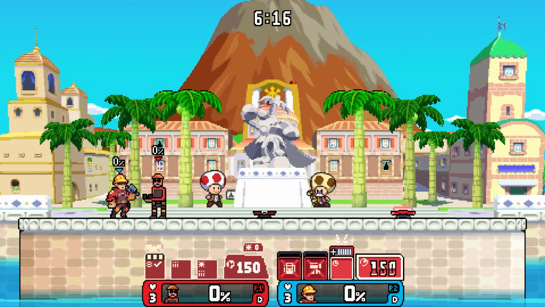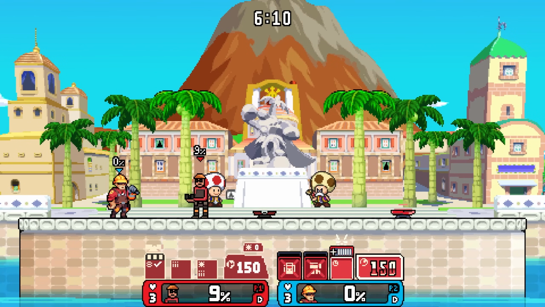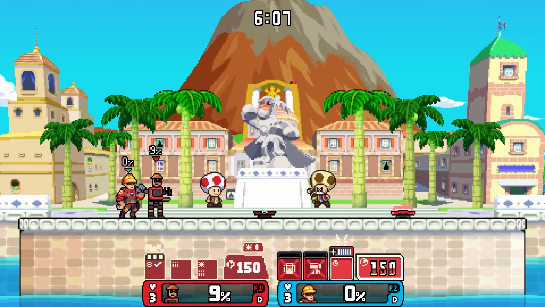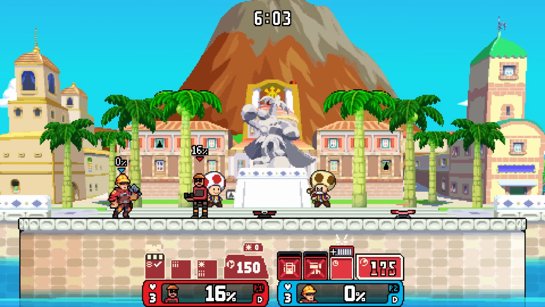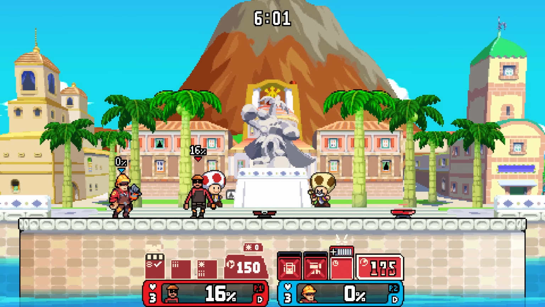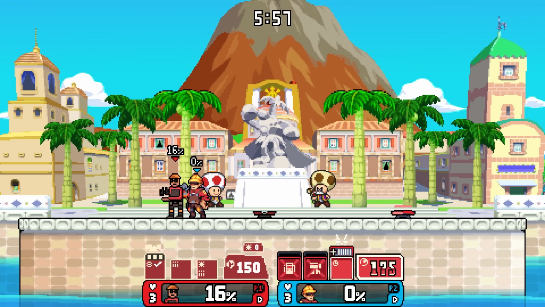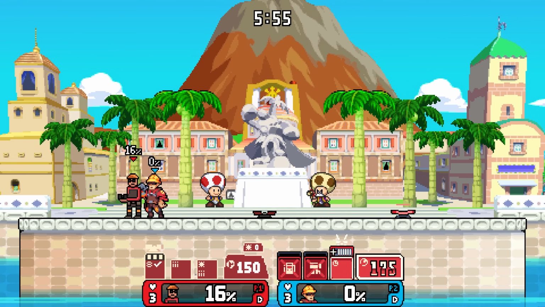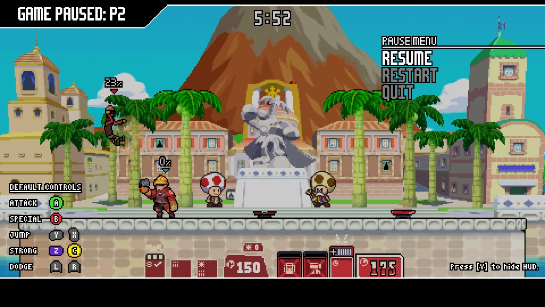All right, let's start things off with the basics in Engineer's moveset. For his jab, he does a 1-2-3, and I have to say it's really stylish. The art looks amazing, and the animations are clean. Now, when I did some damage to my opponent, I got some metal, which I can use to build things. We'll get more into building later, but I just really want to soak in how...